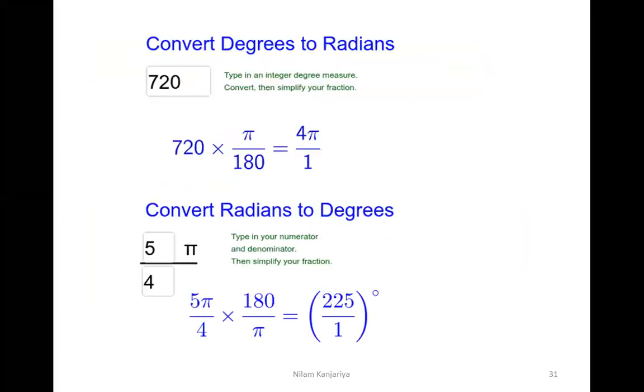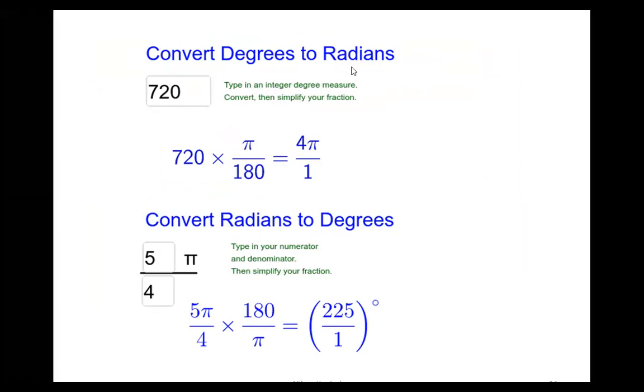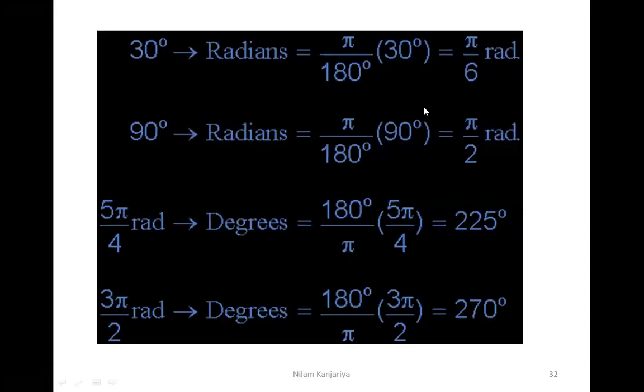There are some examples in which degree is converted into the radian and radian is converted into the degree. In the denominator, you do not write 1 every time. You can ignore the 1 because there is always a 1 in the denominator of any term. There are some more examples.